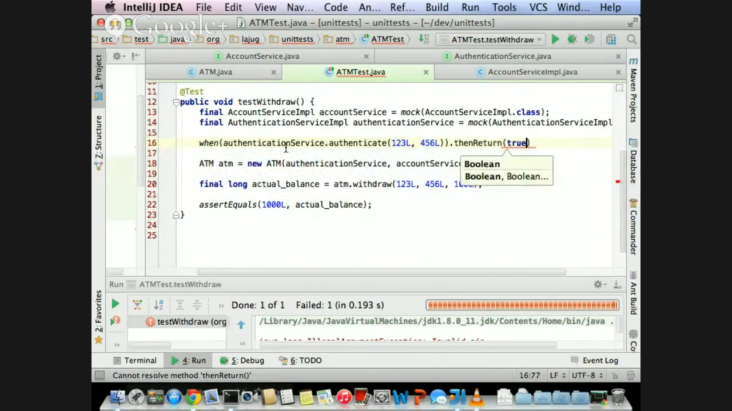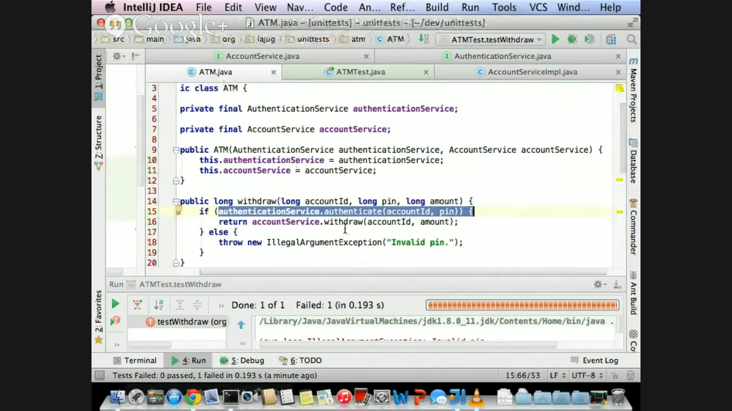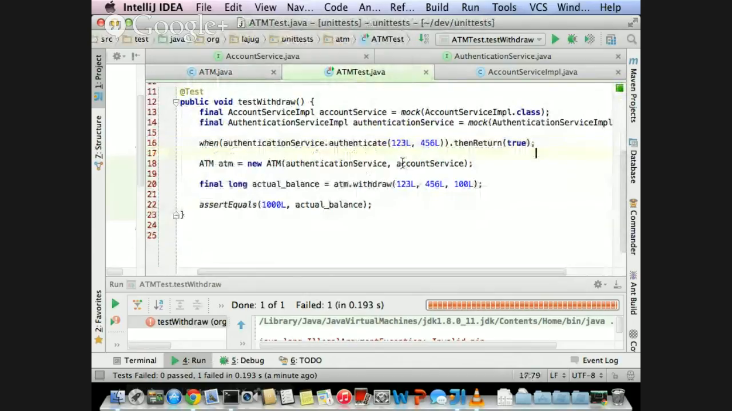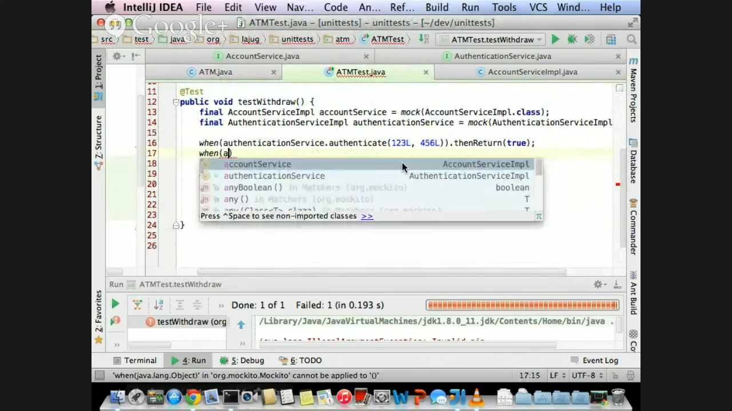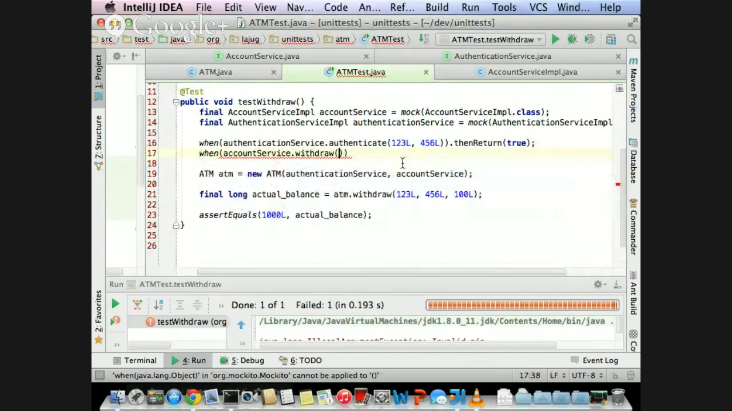And return true. So yeah, they're valid. First it does that, and then there's the withdraw method. So when account service withdraw 123L, 100L,